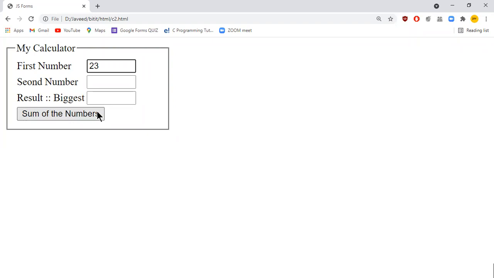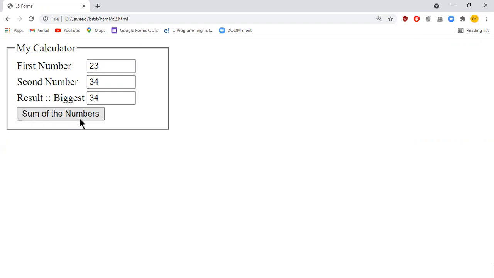Now, this is the button for me. It's a normal button. When I click on it, it's going to do some calculations for me, which is what we have done yesterday. I think the message should have been changed from sum of the numbers to biggest, because that is going to find the biggest of those two numbers. We should have changed the message there. We are not changing it; no issues in that. We'll talk about them later.